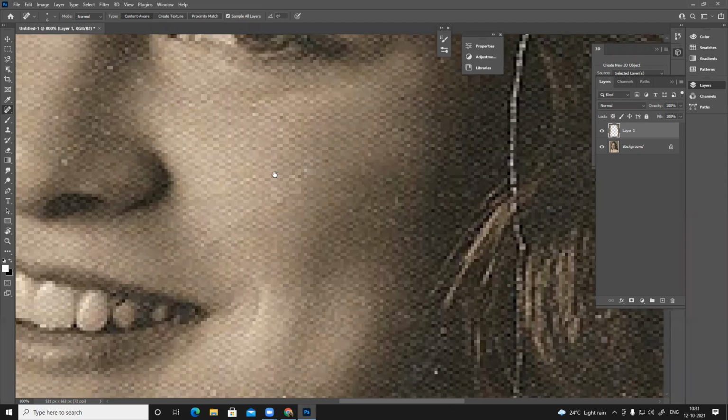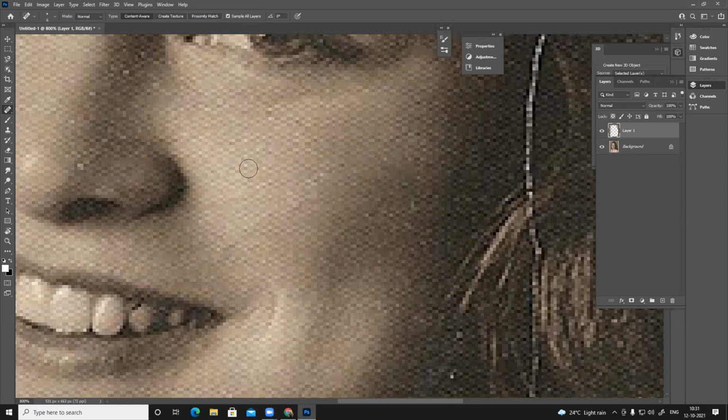Not necessarily. See, suppose I want to clone this thing, so I'll clone from this nearby area, right? So it will copy these pixels, paste it here. From a distance, what happens if you don't blend it properly, it might look like a patch as well. So you can use heal tool, you can use clone tool. There's no limitation in that, as long as it looks natural. Okay.